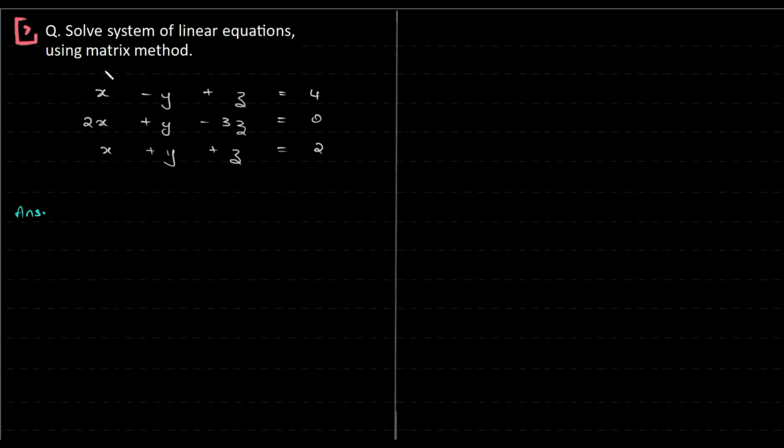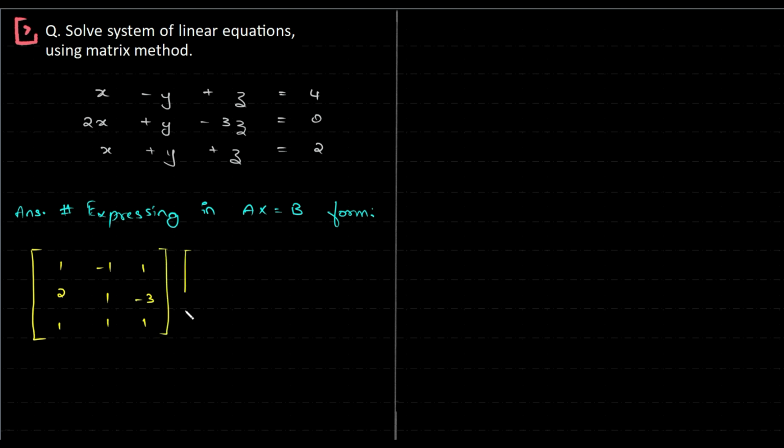Solve the system of linear equations using the matrix method. This looks like a standard equation, so we can directly go on to express it in the form AX = B. So we have the matrix A as 1, 2, 1; minus 1, 1, 1; 1, minus 3, 1, and this is X, that is x, y and z,